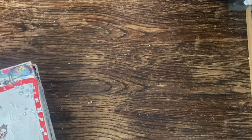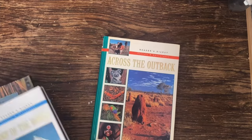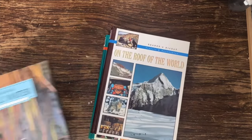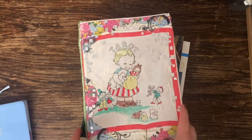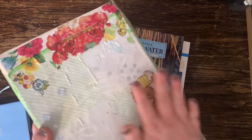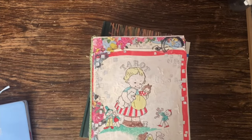So the second point is, don't get too expensive. Use reclaimed books, make junk books, make zigzag books. Do that for first pages. You know, these are the books that you saw me taking away from. Like I said, the neighbour popped these round to me. This book, which I've decorated the cover of and the back, I actually used vintage handkerchiefs for these, and just like bits of silver cut up. This is a reclaimed